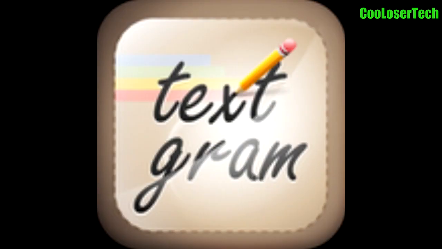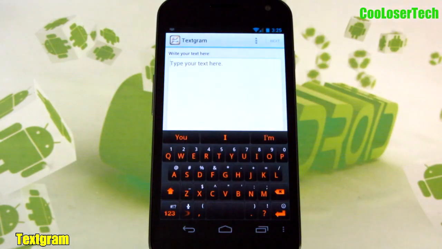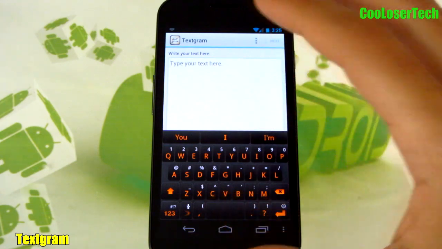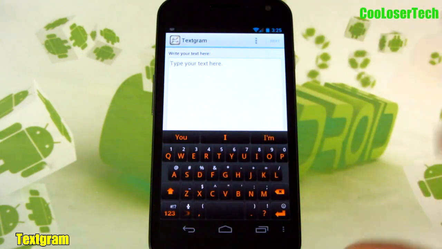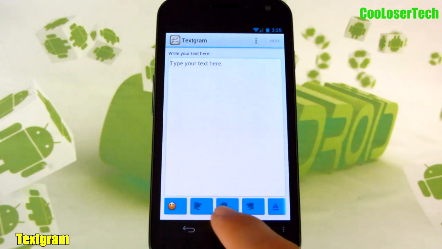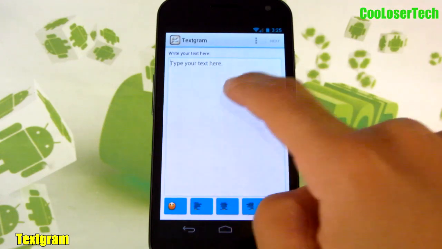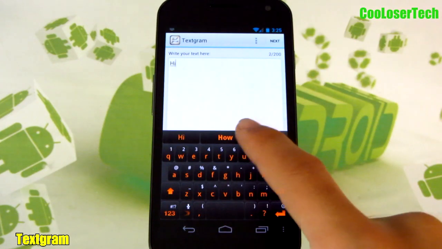Next up, we have Textgram. You can create your own custom message, and when you type stuff, it'll actually put in like a little postcard look type of thing. Here at the bottom, you can choose how you want the layout to be, how you want it to work. And I have a place saying,